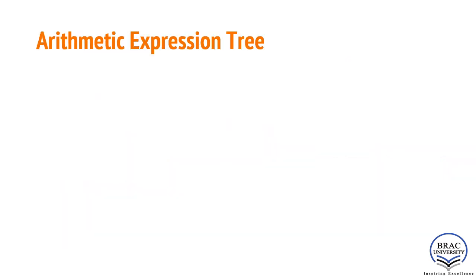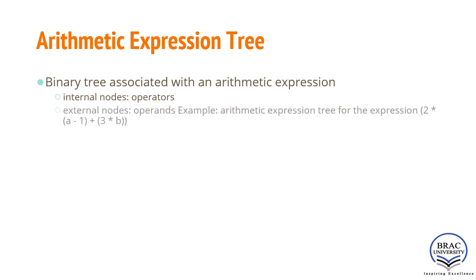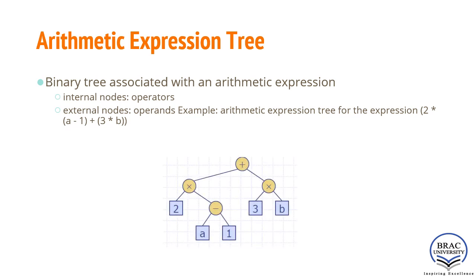Arithmetic expression tree. A binary tree associated with an arithmetic expression is called an arithmetic expression tree. In an arithmetic expression tree, internal nodes are operators and external nodes are operands. So an example can be the expression 2 times (a minus 1) plus 3 times b. For this expression, the arithmetic expression tree will be this one,